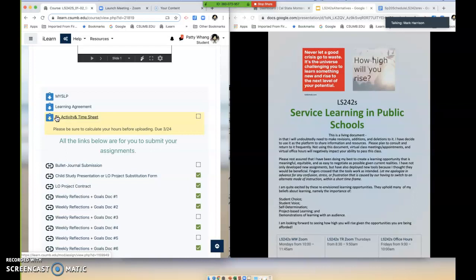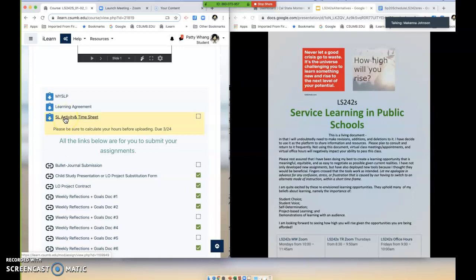Okay. I have a question about the evaluation forms from the teachers. Are those going to be required? No, those are not required. And the reason for that is because everything ended so suddenly. At least from my perspective, it seems unreasonable to ask you to get something from a teacher when they are probably scrambling to try to figure out how to run their classes online and things like that. So those are not required. And that's why you don't see that listed here. Fair enough. Thank you.